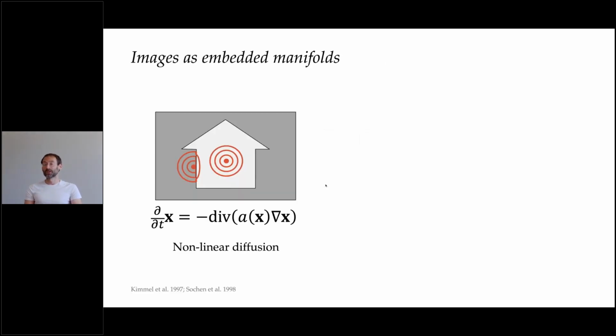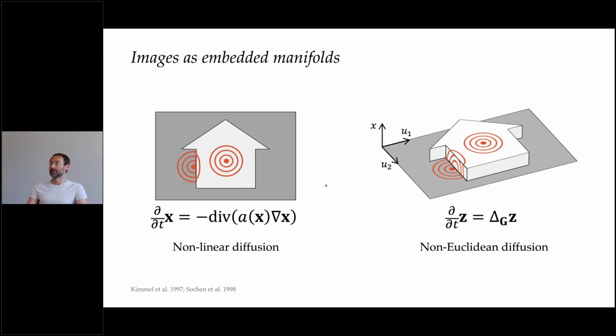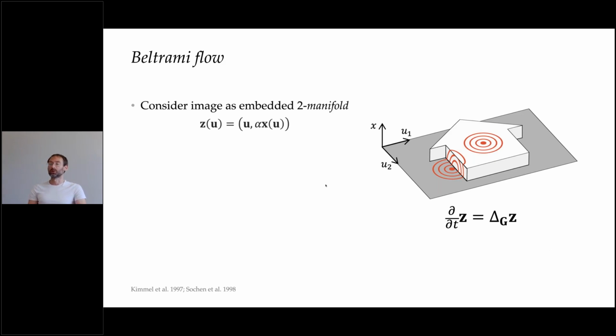So here comes the differential geometric viewpoint. So we've seen this nonlinear, non-homogeneous diffusion equation. We can instead consider a non-Euclidean diffusion equation. So we now think of our image as a two-dimensional manifold, the surface that is embedded in some space, which now has a joint set of coordinates. So we have the positional coordinates in case of an image. These are positions of the pixels, and the feature coordinates like the color channels of the image.